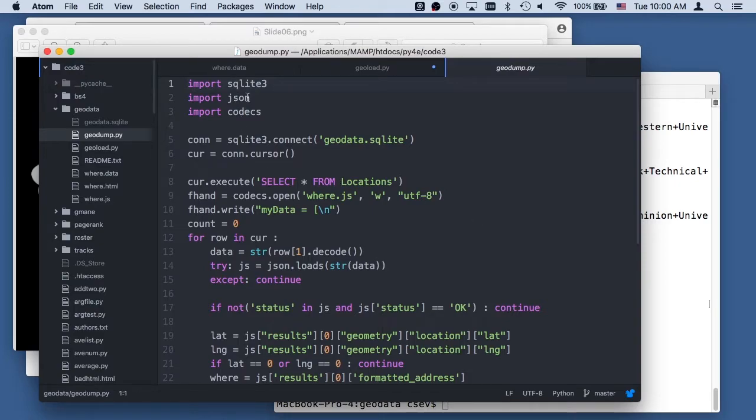And so we're going to import SQLite and JSON. We're going to connect ourselves up. We're going to open this with UTF-8, because it's a UTF, and we're going to read through. And in this case, we are going to